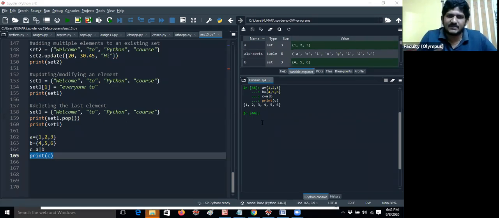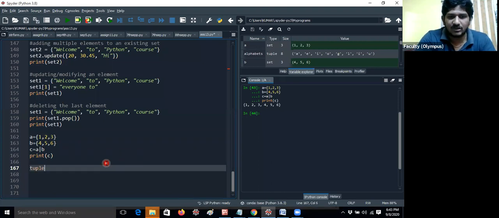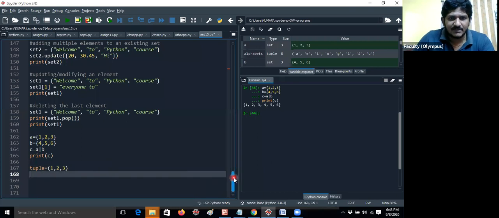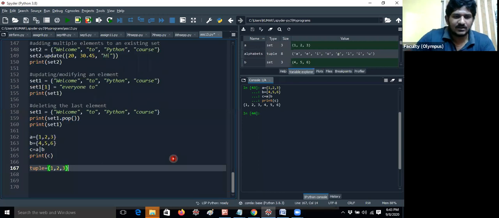You can use any other methods. For example, if you have the add method, you can add, but we do not have that method for tuples. Let me clarify, guys. If you would like to know what the existing methods in a tuple are, you just write the tuple name, then a dot, and press tab. For example, tuple1 = (1, 2, 3).